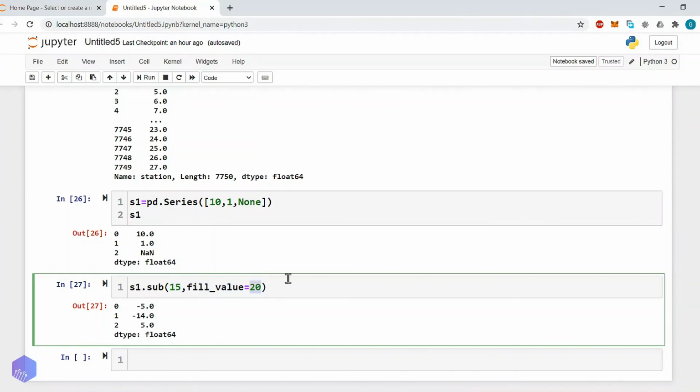So this is the reason that instead of using the arithmetic operator or logical operator, you should go with the function. Why? Because the function allows you to handle this kind of scenario.